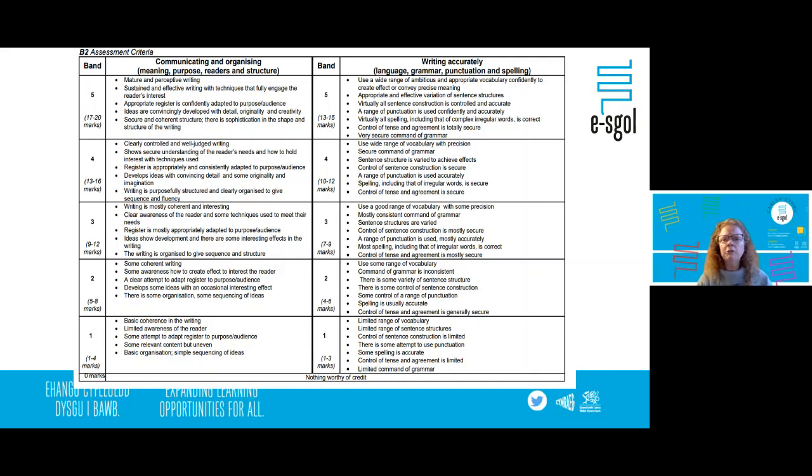And then in terms of the writing accuracy, a wide range of vocabulary, varied sentencing, sentence construction is secure, range of punctuation used accurately. And then this one, spelling, including that of irregular words, is secure. It still doesn't say totally accurate, it says secure, that you know what you're doing, that you're comfortable, that you're secure in your spelling. Okay. So have a look at that and think about what that means for you. Perhaps you need to set yourself some targets. Perhaps you need to think about improving certain areas of your own writing. It can be really useful to look at that exam criteria and think about exactly what you need to reach that band 4 and make it personal.